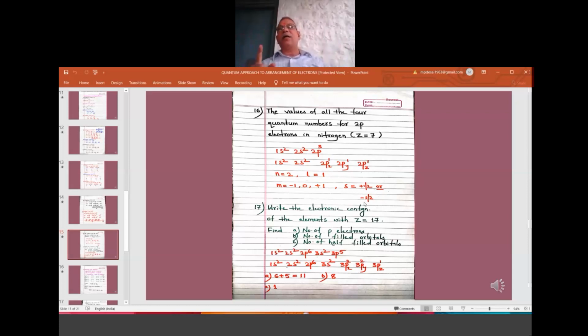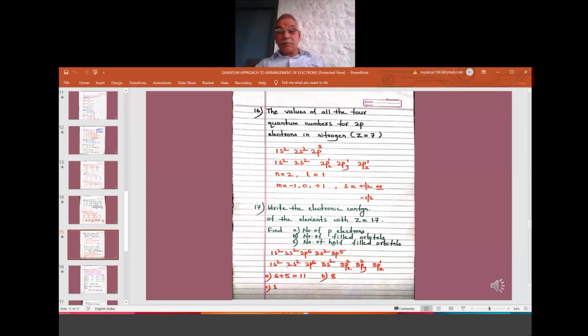If only one electron is there, then I can say upward, that is clockwise. We are allowed to take any spin when it is only 1 electron. If there are 2 electrons, then definitely one with clockwise, one with anti-clockwise, one with a plus spin, one with a minus spin, one with an upward arrow mark and one with a downward arrow mark. This is the way we write it.